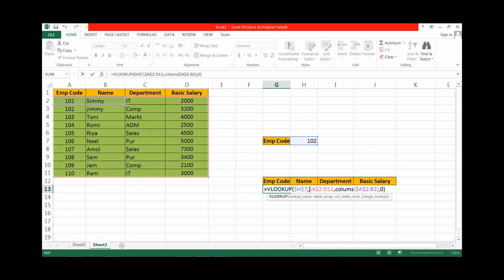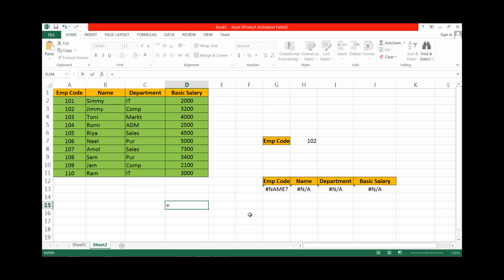Let us check the formula. What will happen? Okay, our cell is fixed. This range we want from A2. Then COLUMNS is from A2 to B2. Let us check this function. Suppose I copy this function here, equal to, we want columns A2 to B2, right? Okay. Let us again select the column.